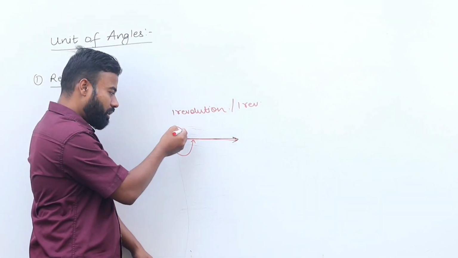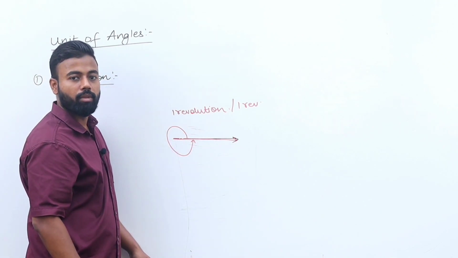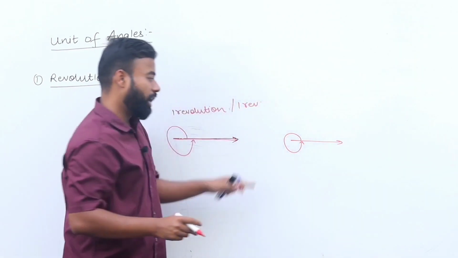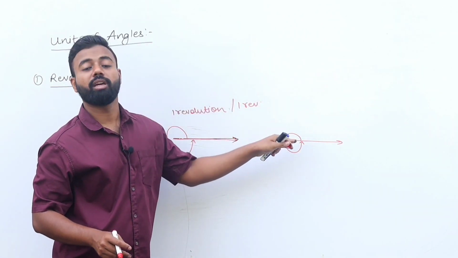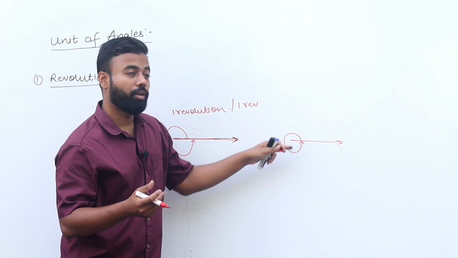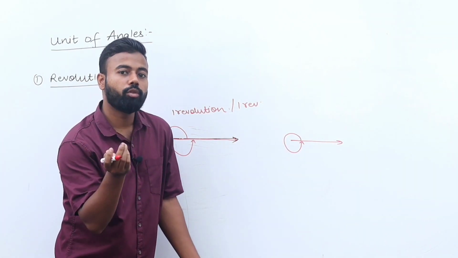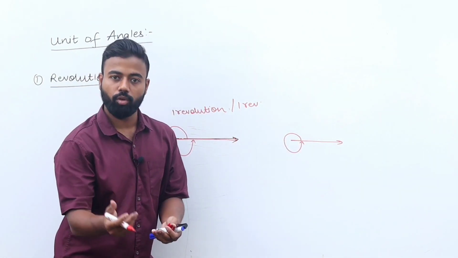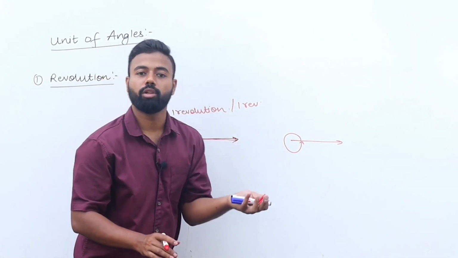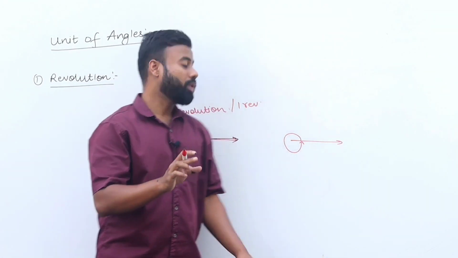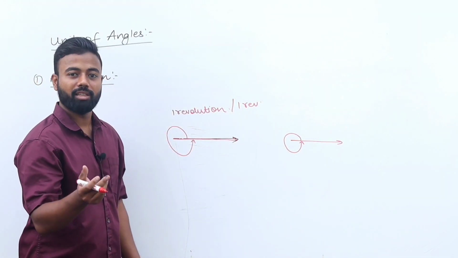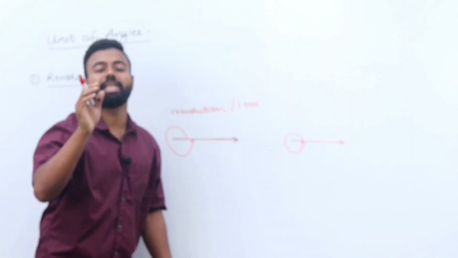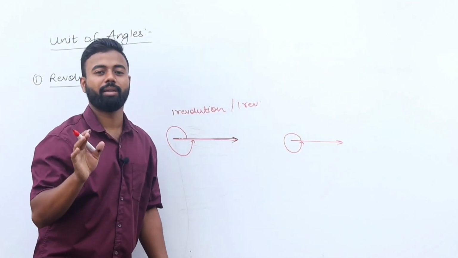Please note, I have made it in a spiral way. I haven't made it in this way. If I had made it in this way and told you to make 2 revolutions, it would seem like 1 revolution to one person and 2 revolutions to another person. That's why you need to make a spiral. With a spiral, 1 revolution, 2 revolutions, 3 revolutions, 4 revolutions, any revolution would be very clear. I hope the things are making sense.